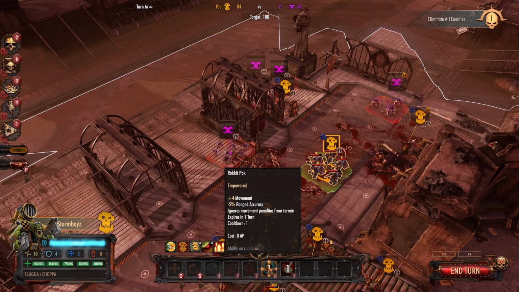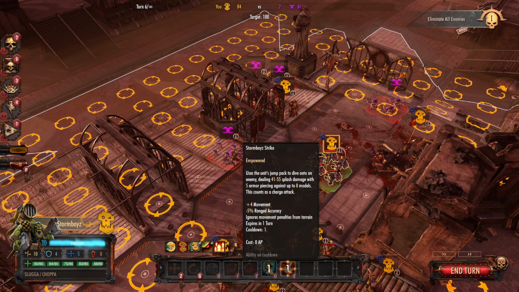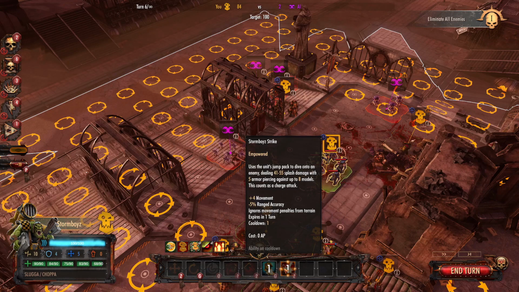Obviously, his basic rocket pack can be empowered. And that gives you +4 movement, -5 ranged accuracy, and it turns the cooldown to 1 turn, so definitely nice to let him jump around more. And then they can also empower the Stormboyz strike, and so what that does is it increases the damage to 41 to 55 with armor piercing of 5, and will now hit up to 8 models instead of the 6. It also extends the range of this ability, so it goes +4 and -5, and it also brings the cooldown to -1. So that's pretty nice, and it looks like it might actually make it a free attack too, because